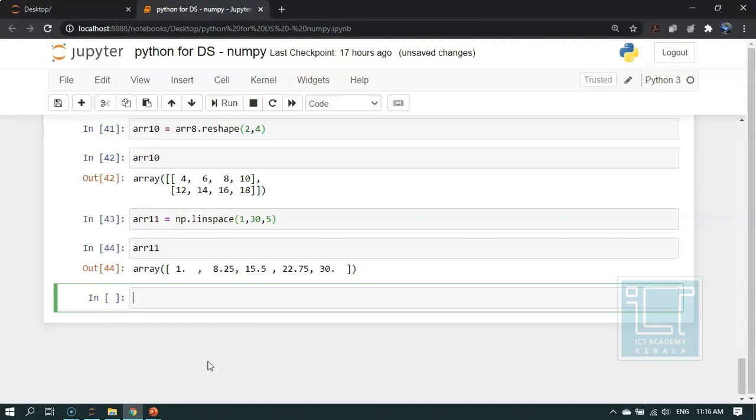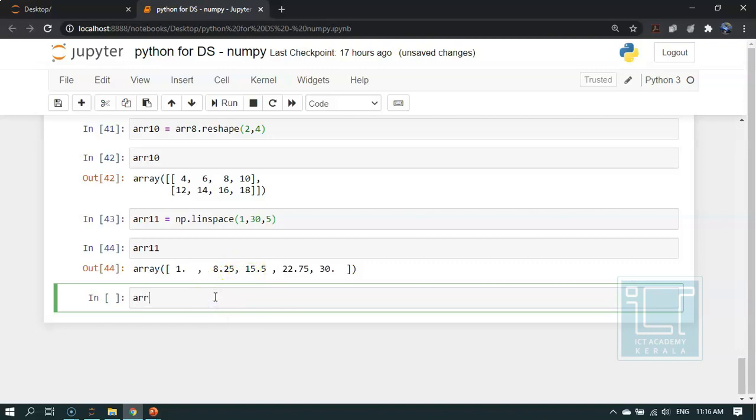Linspace is the keyword used to split the specified range into equal intervals. Here we are giving the values from 1 to 30, and we want to split it into 5 equal intervals. So in the output we can see that 1 to 30 is converted into 5 equal intervals. So this is 1 to 8.25, 8.25 to 15.5, and so on.